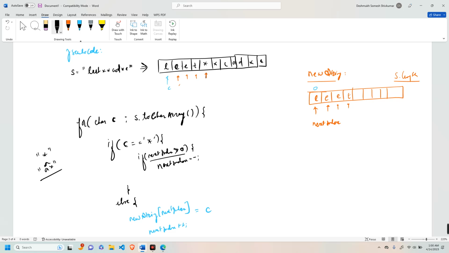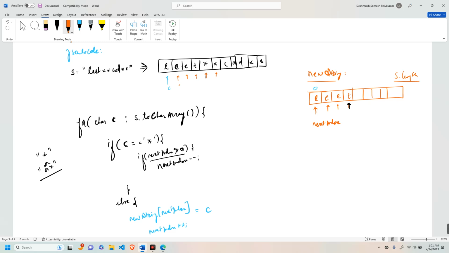So finally, what is happening is I find a star, the if condition is applied, and the next index, which was pointing to this point, is now brought back to this point. Yes or no? Now it is actually pointing to T. Now again the for each loop is executed and we find a star again, then what we are going to do,